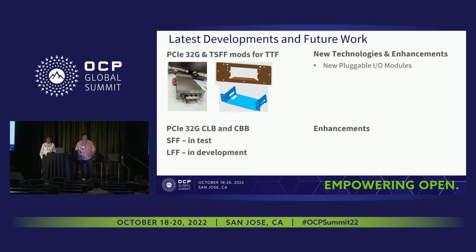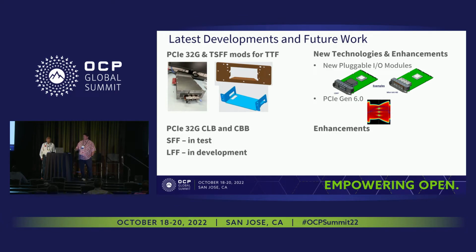Hemal mentioned a couple of the pluggable I/O modules. I think that those enhancements were great. We were able to get to the 8 lanes. PCIe Gen 6, several companies have been working behind the scenes to enable this. There's still some technical challenges, but I'm excited at the progress they're making, and we're looking forward to delivering Gen 6 capability on the existing form factor. And then, of course, security. It's key. We have the self-shutdown,